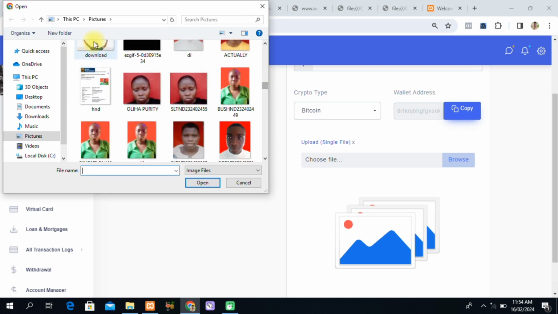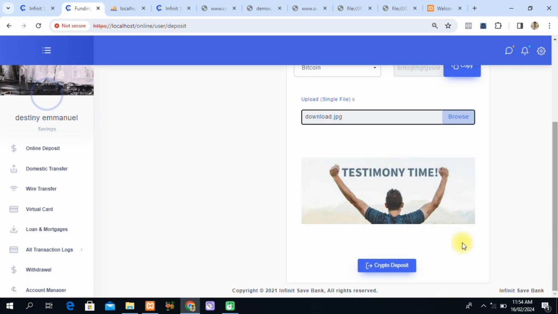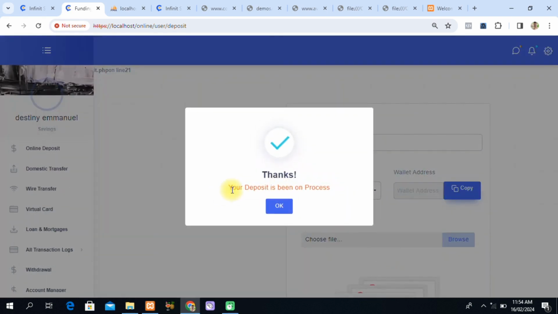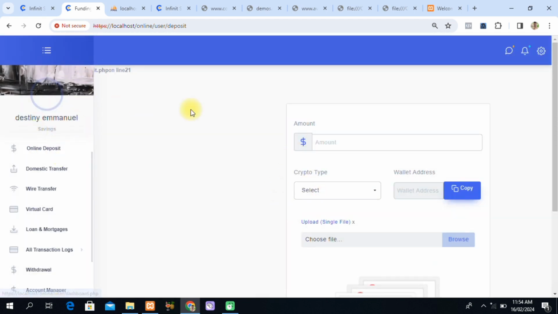So let's just upload this one here as proof. That's our proof. Then you can see your deposit is being processed. Now this amount will be on the pending transaction section until the admin checks and approves it. So if we go back to the home page now,